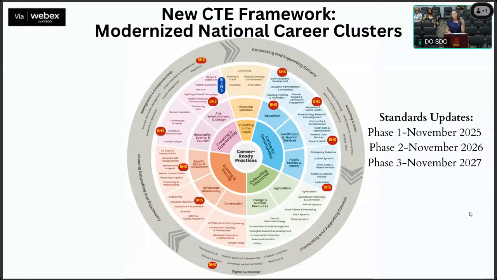So some of them are very familiar and will stay much the same, but some are actually jumping. For instance, if we look at our blue one, which they call Caring for Communities, we now see education in the same sector as our healthcare people. So that would be very different from what we're currently operating. So we've got a little bit of adjustments to make, but fortunately within personnel, we will see those credentials grandfather in. New teachers will be issued these new credentials as soon as they are phased in with the state. So we should be diligently watching all of this as the years progress to make sure that we're aligning to those new standards.